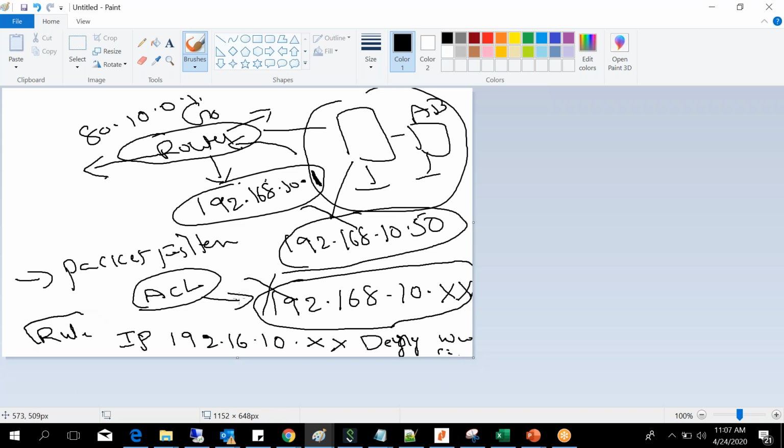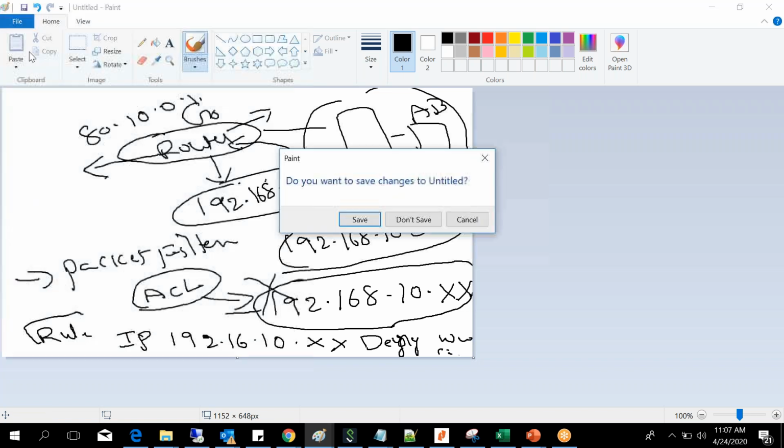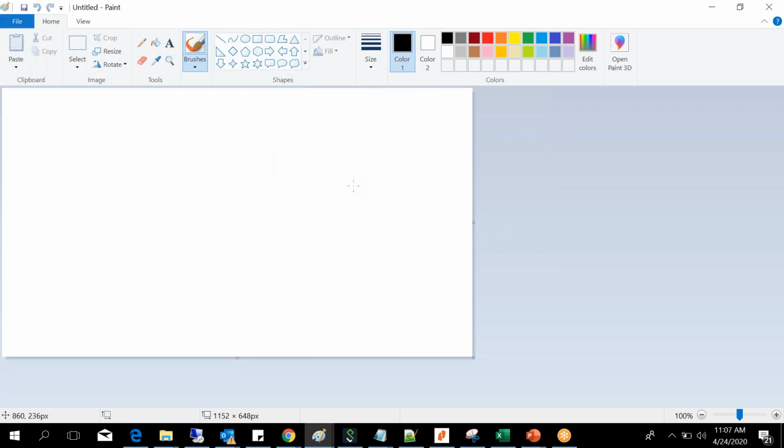So whenever this guy inside is trying to access it, where does the first request go? Let's say in my Wi-Fi router I have written an access list saying don't allow Facebook.